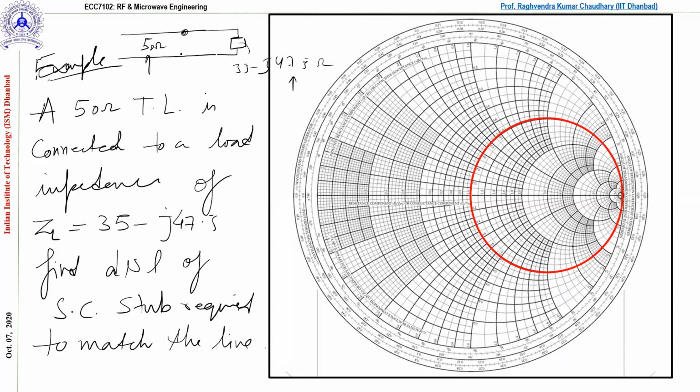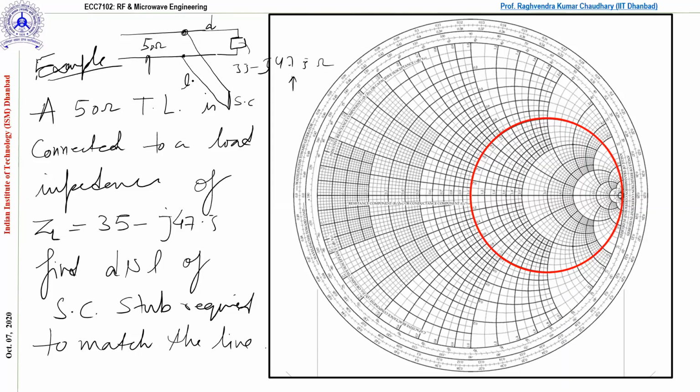So we need to find a location over the transmission line first. Then after that we have to connect our short circuit stub, and we need to find D and its L. So this is the objective. I hope you're getting it. We need to solve this with the Smith chart. You can also solve this analytically, there is no issue. There is an expression available in the book, but it is very cumbersome, so I would not suggest the analytical method. Please try to solve with the Smith chart. It will take less time.